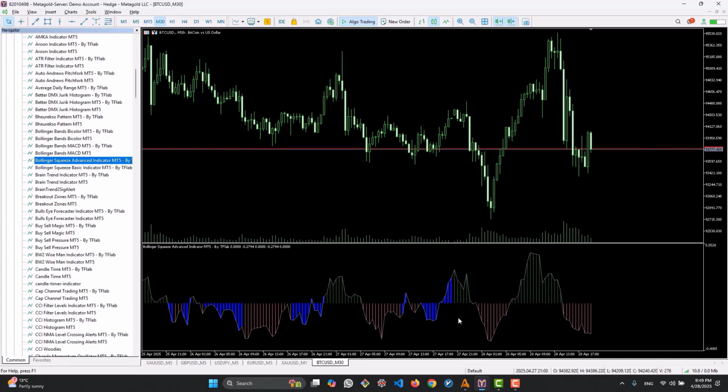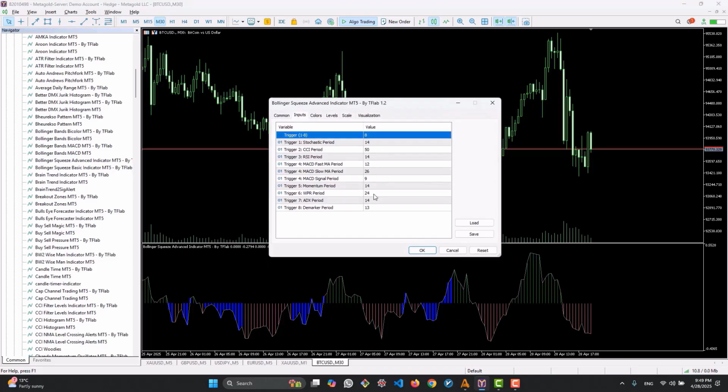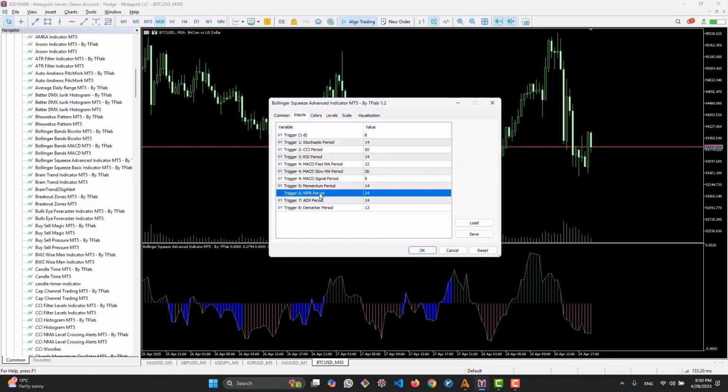Let's go over the settings of this indicator together. The first option in the settings specifies which indicator we want to use from options 1 to 8. Option 1 is Stochastic, option 2 is CCI, 3 is RSI, and 4 is MACD. 5 is Momentum, 6 is Williams percent range, 7 is ADX, and 8 is demarker. With the first option, we select which one we want to display on the chart,